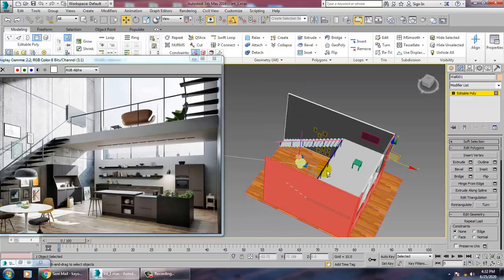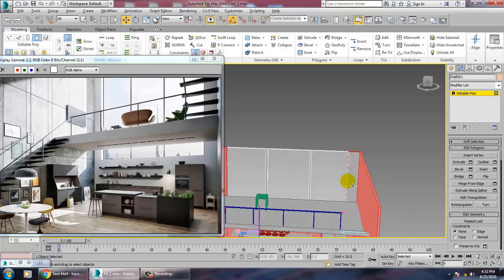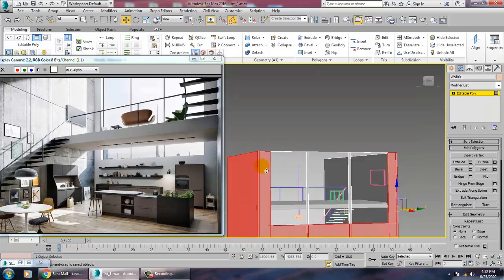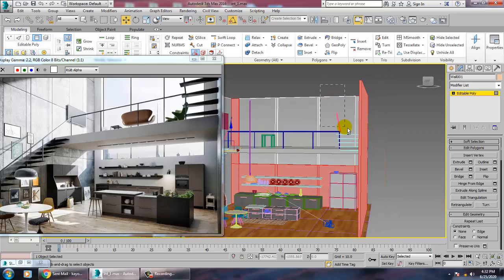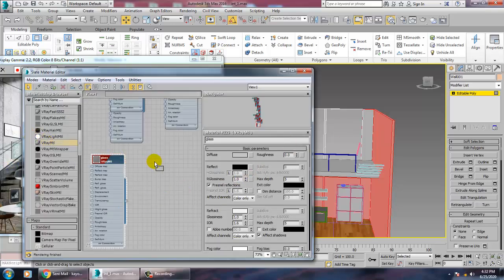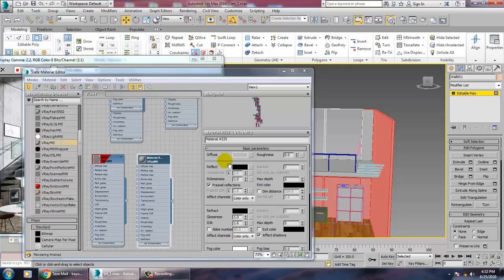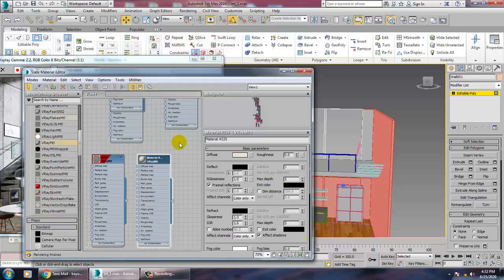So once your selection is done, go into material. Let's take a V-Ray material, and for that we'll just be using a flat plain color. We'll just give it an off-white color. We'll just name it as wall texture or color, wall material, whatever.